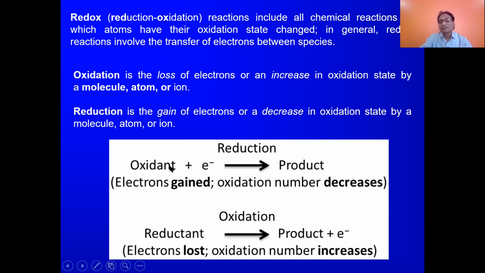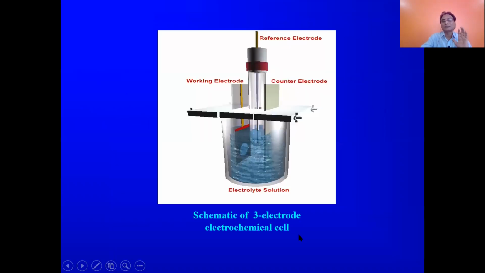Here the original, either it can be electrode surface, let us say electrode surface losing the electron, and the product would be at the electrolyte. Or we can say the electrolyte is going to lose the electron, and the electrode is going to gain the electron, right? So like that, reduction and oxidation reaction is going to be a very integral part of any electrochemical cell.